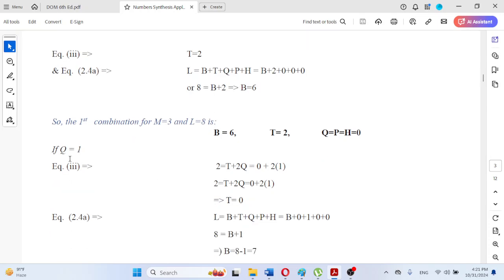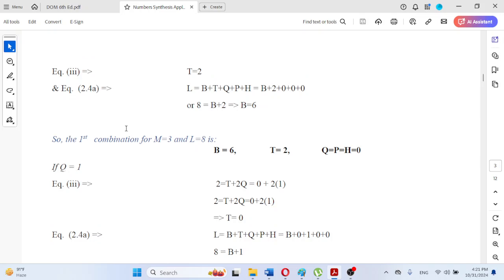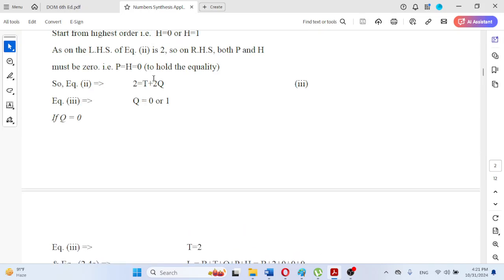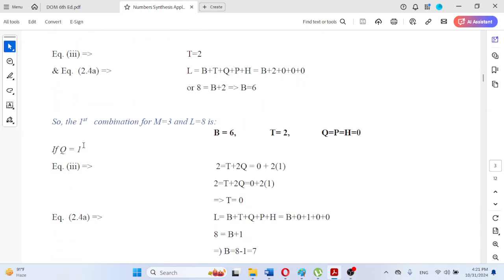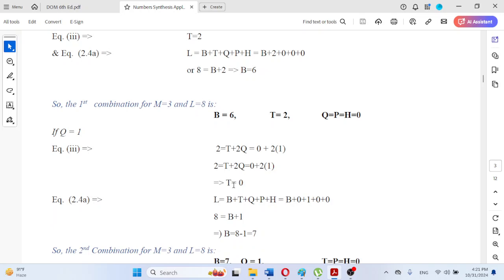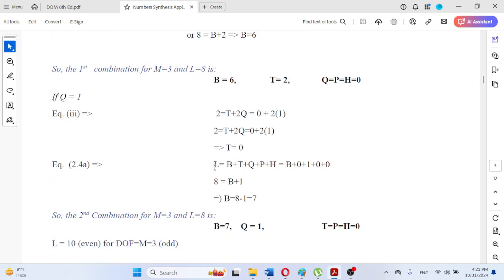So to obtain the second combination, we use the next value, Q is equal to 0 or 1. So we will be using the other value, Q is equal to 1. If Q is equal to 1, we observe that T will be equal to 2 minus 2, that means 0. So this will give you T is equal to 0, and equation 2.4a will be giving,